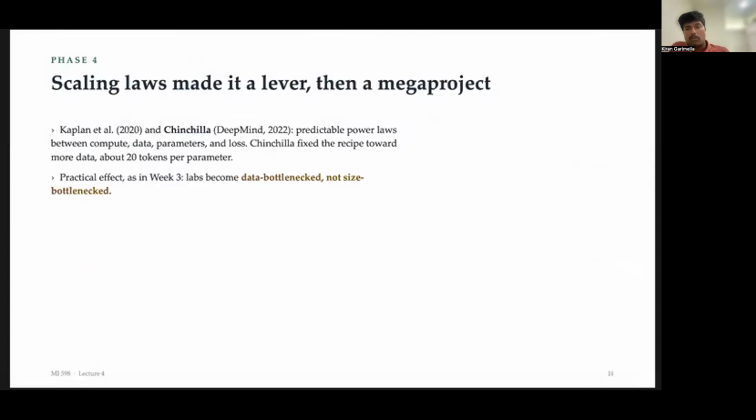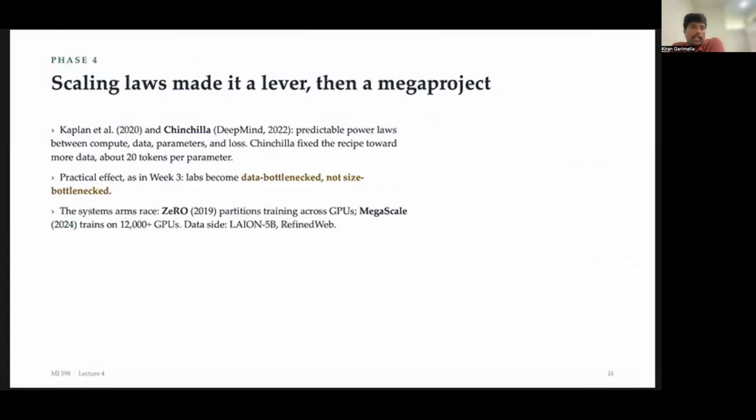And then what happened is after a certain time, people just ran out of data to throw at these models. So the labs became more data bottlenecked, and then we came to this sort of scale. Instead of throwing more data, you wanted to throw more scale, and so you created these massive infrastructures. Again, this is a 2024 paper, so this looks like child's play now. 12,000 GPUs for some model like this.